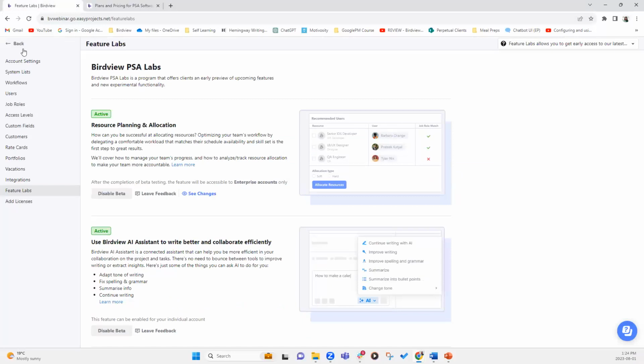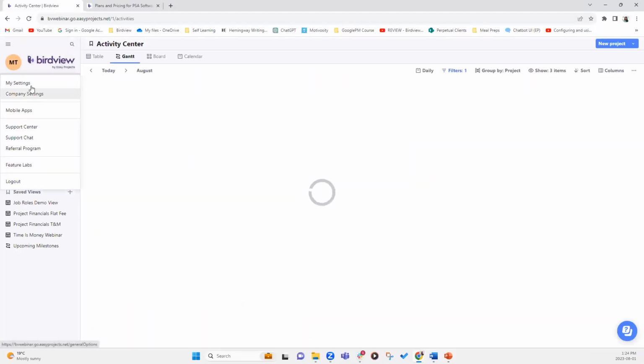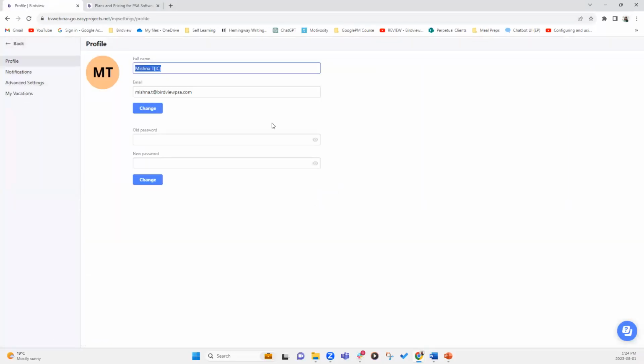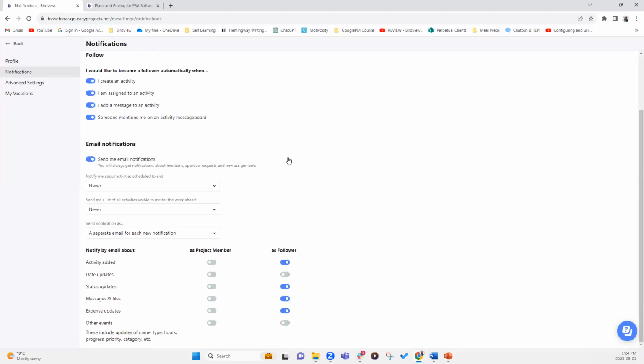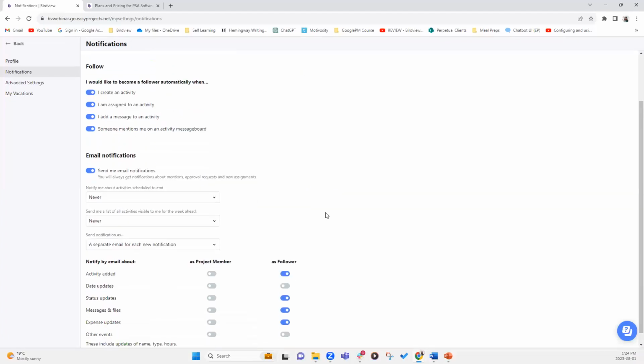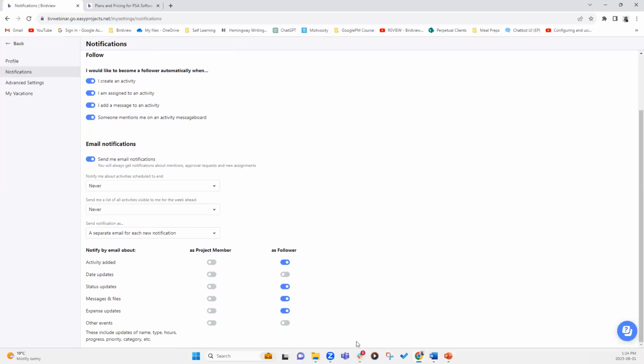So that is it for company settings. We have My Settings here. This is your personal settings. Here you can identify your email, and you can reset your passwords. You can also enable notifications and configure how often you want to see notifications and for what type of notifications